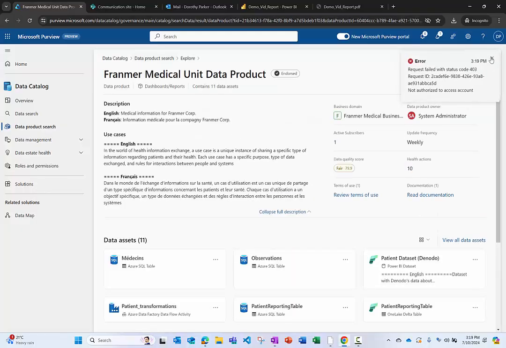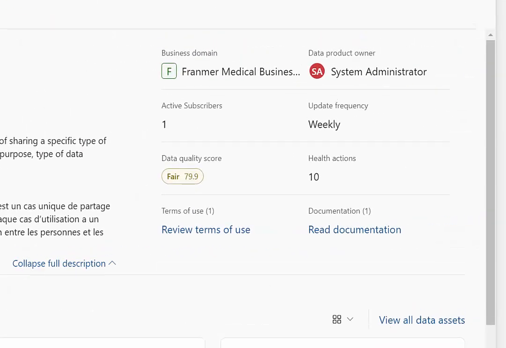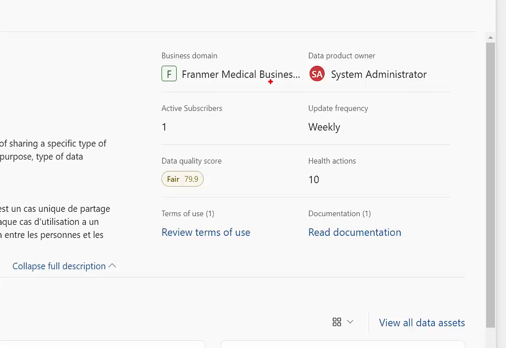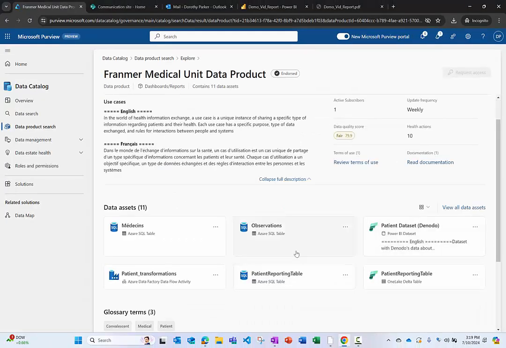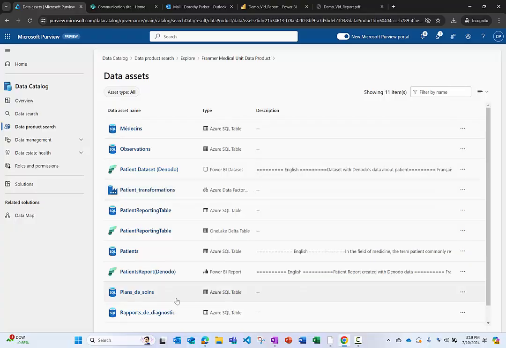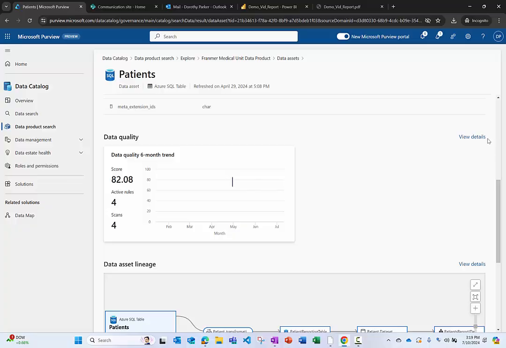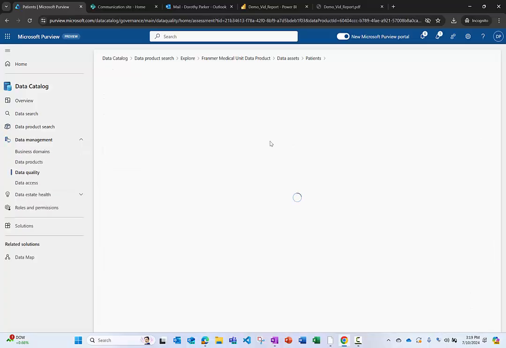I can see here the description. Again, the business domain, the quality score, the health action. I can see all the assets, and what I can do, I can view my asset data, go on my patient table, and as I showed you previously, you can also view the details of the data quality,